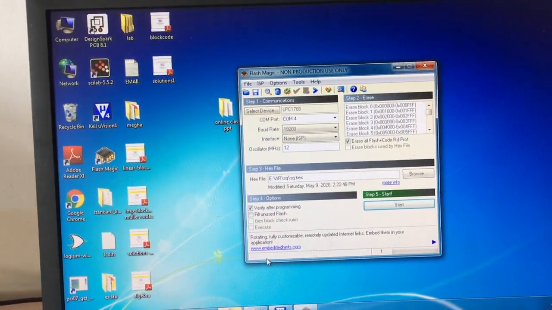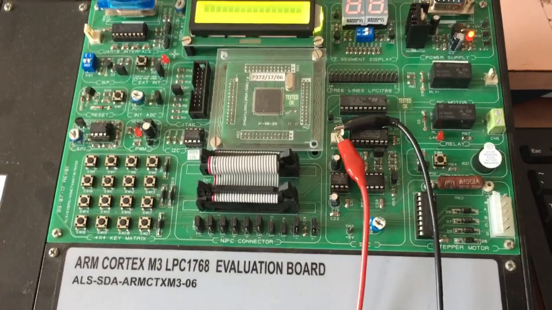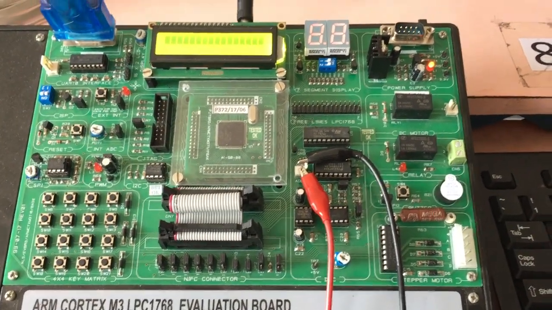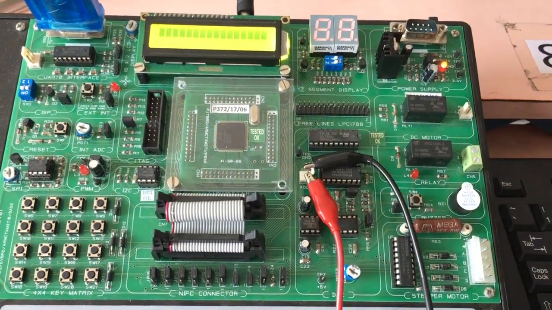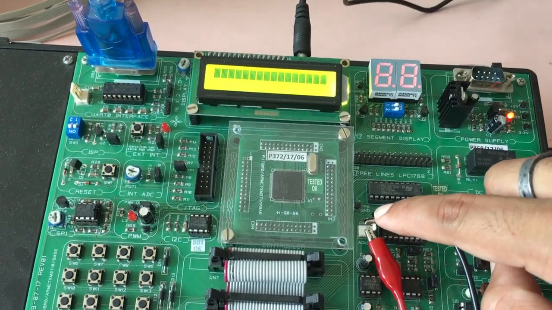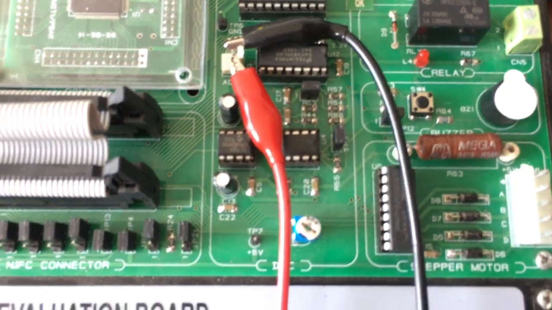Coming to the target board, this is your target board, LPC1768. Since we have generated the square wave, the square wave can be seen in the CRO. So these are the two ports, the positive and the ground. This is connected to the DAC.